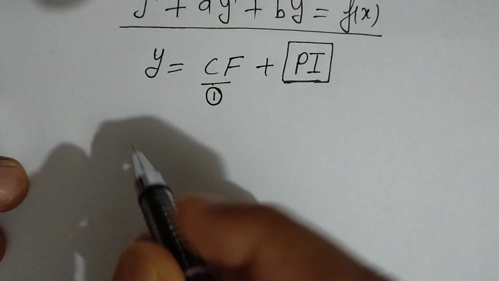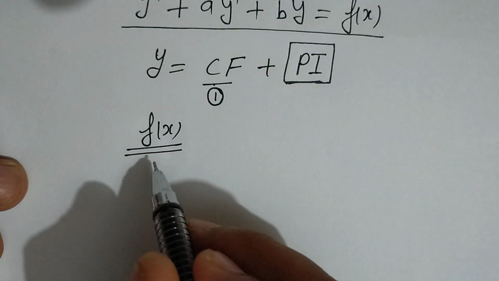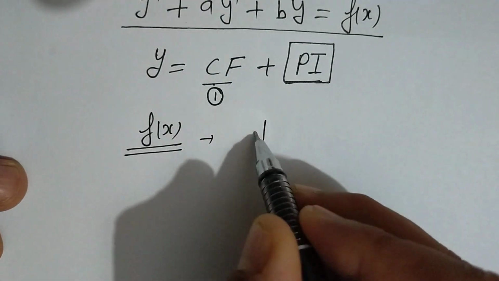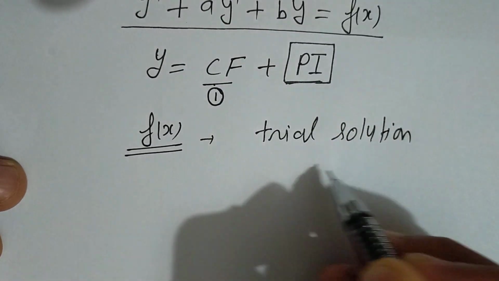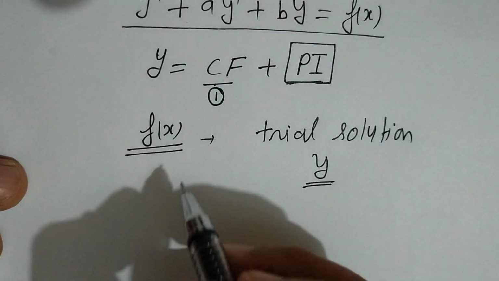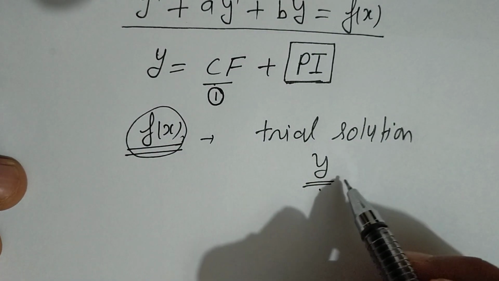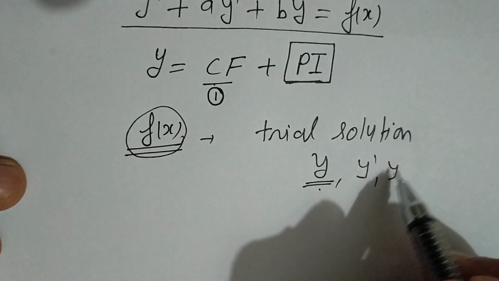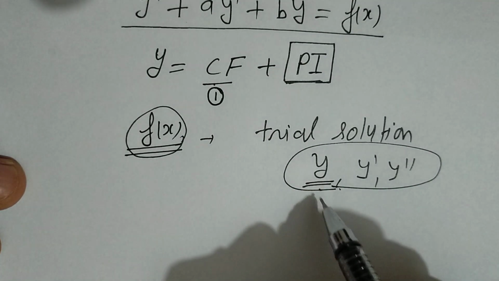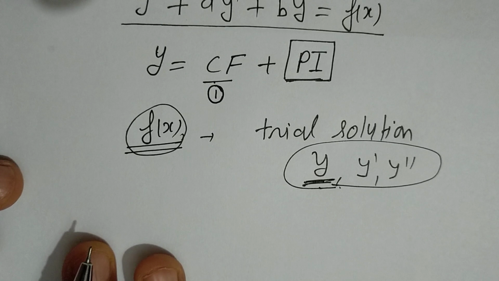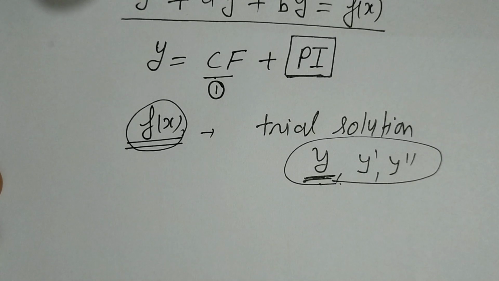Here we have to see f(x), what is your non-homogeneous part, and based on non-homogeneous part we take the trial solution. We take the trial solution y. So based on this f(x) we'll have the trial solution y, and once you get the y, we'll have the y dash and y double dash, substitute in the main equation and try to get the unknown coefficient involved in this y. So based on the f(x) we'll write the trial solution. So let us have types of f(x).